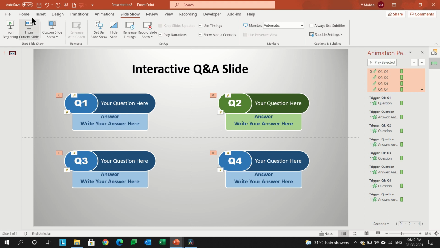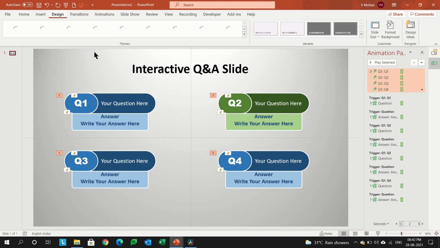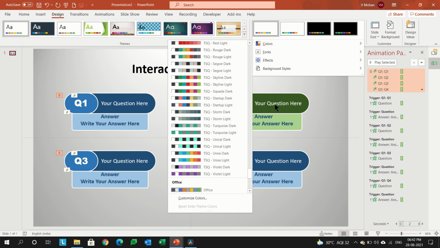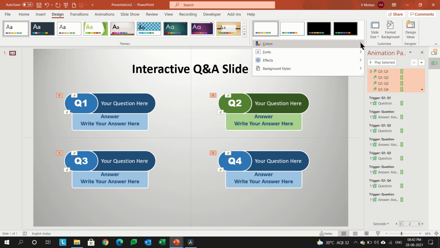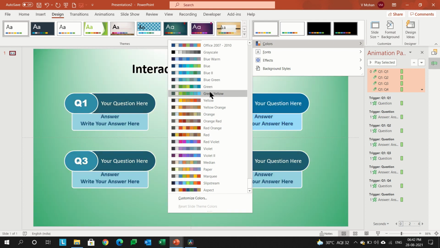Tip number 3. If you want these shape colors to be changed by default to some other theme color, go to Design. There is an option over here, you have to select the Colors option. If you click on the Colors option, there are Microsoft-defined colors.